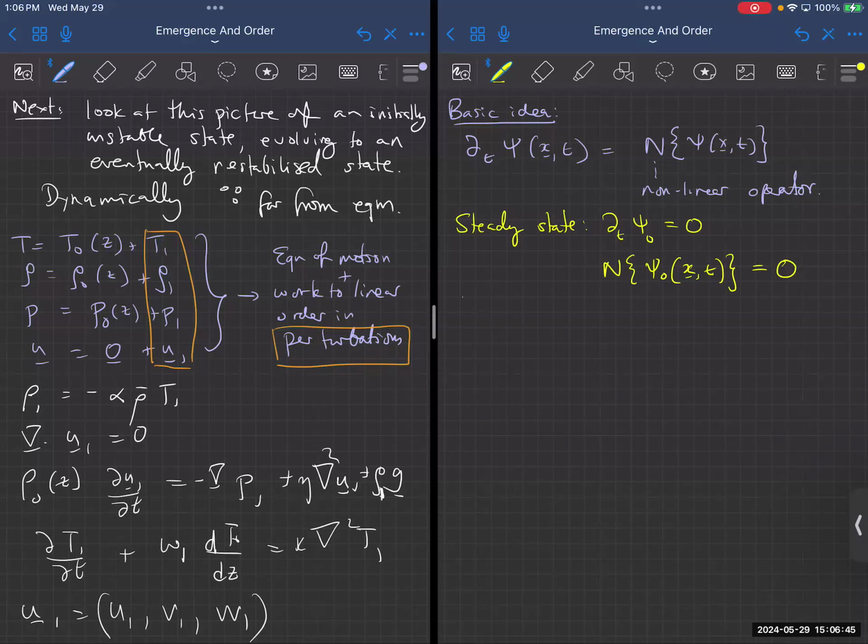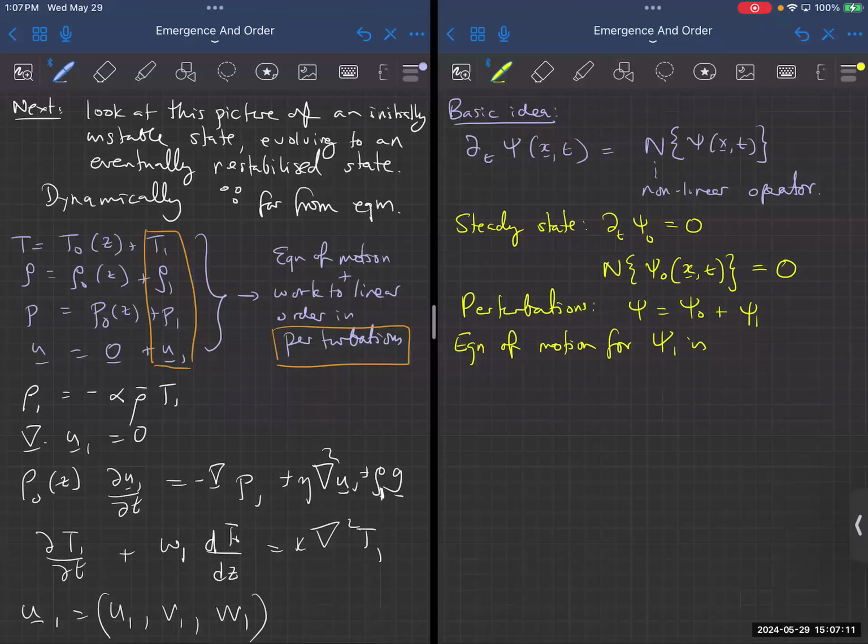Now what we do is perturbation theory. I'm going to write that psi is equal to psi naught plus psi 1, and psi 1, of course, is a function of x and t. And then the equation of motion of psi 1 is d by dt of psi 1 plus the nonlinear operator of psi naught plus psi 1